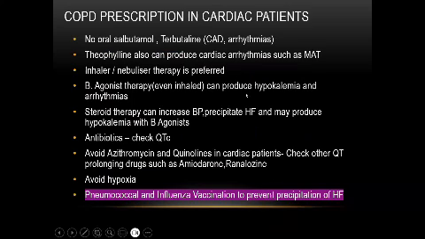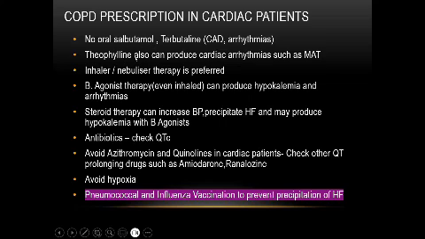So basically when the patient has got a COPD, what cardiac prescription do you have to be careful about? What are the drugs you avoid when the patient has got associated coronary heart disease or CVD? How is it going to change your COPD prescription? So don't ever give oral salbutamol, terbutaline in a patient with COPD. None of these oral drugs, because they will increase myocardial oxygen demand and worsen CAD and can increase the arrhythmias,